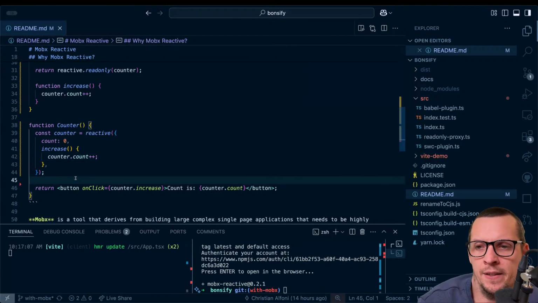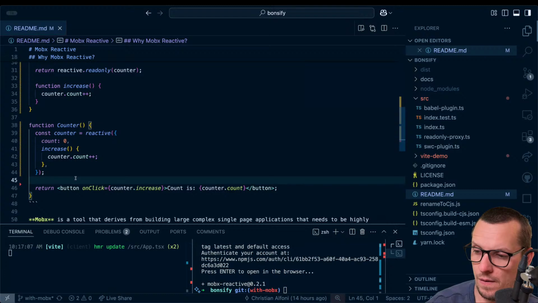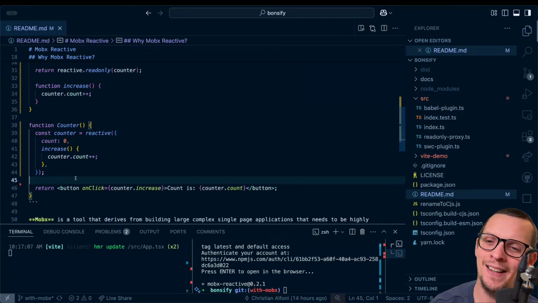So this signature is basically if you're gonna do local component state, it's very interesting how I can't get around this.